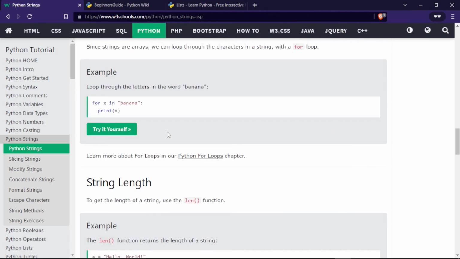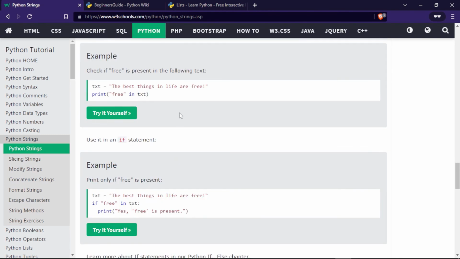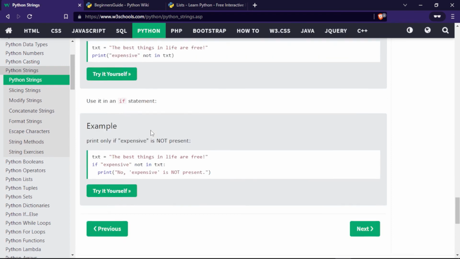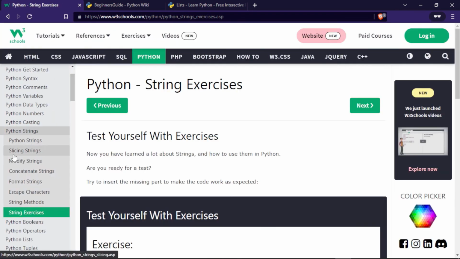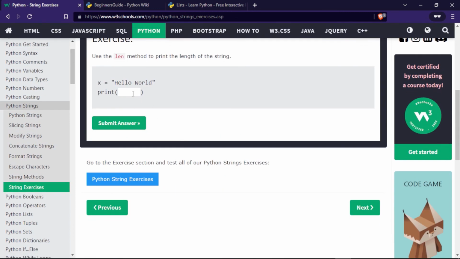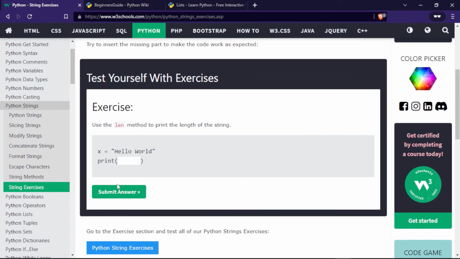So like this you can learn from W3 Schools also, and you can make big programs also. And after each of these you also have one MCQ or exercise. You can see a string exercise, so you can also attempt this exercise to know whether you know it well or